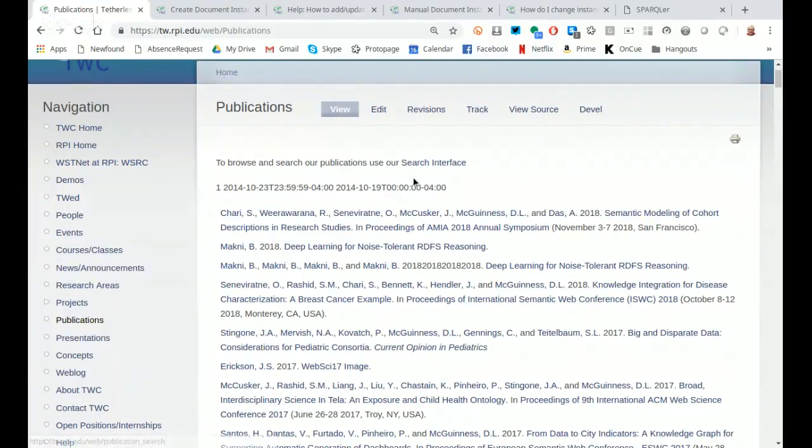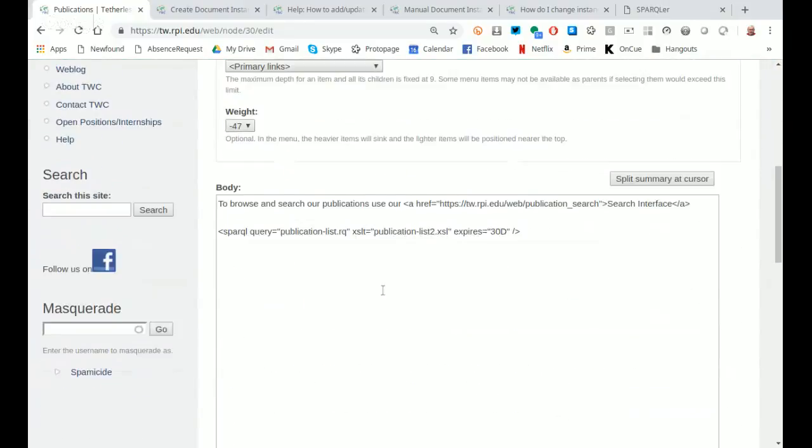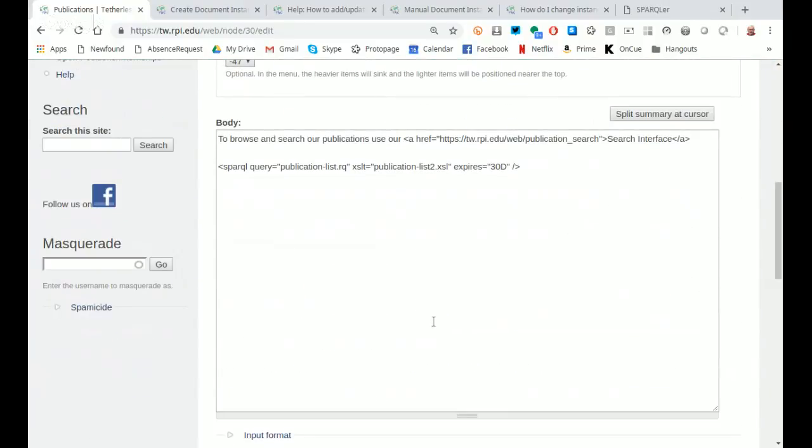There's some badness going on there. That's kind of curious. But I'm logged in as an editor, so I'm going to look at what creates that page. We look here. This page is created very simply with the Sparkle tag, which invokes our TWU Sparkle module, and many pages on the portal are constructed by some query being listed,